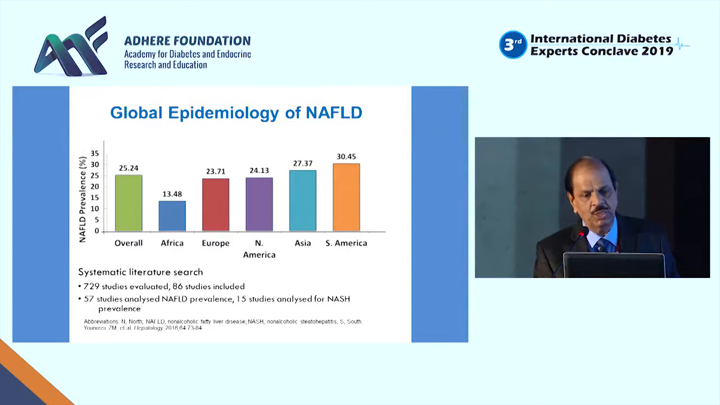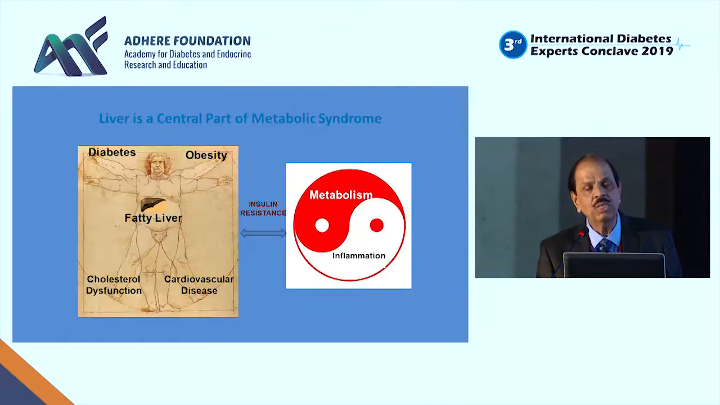And if you look at the epidemiology globally, it's about 25 to 24%, and it varies from country to country. If you look at Asian countries, something about 27 to 37% is the incidence of non-alcoholic fatty liver disease that you see here. So liver is a central part of the metabolic syndrome. This is yin-yang, the metabolism and inflammation, and therefore it's very important because diabetes, obesity, cardiovascular disease, and dyslipidemia are all controlled to a large extent by the liver. And metabolism, inflammation and insulin resistance is a link between these two